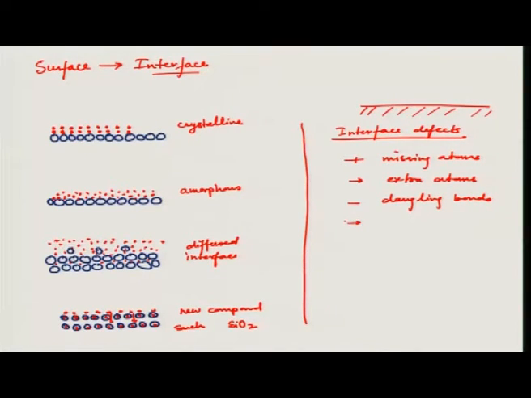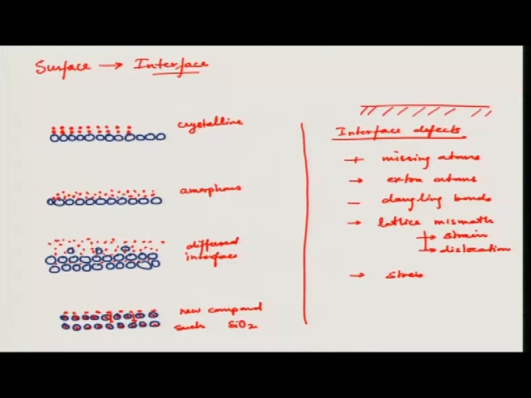You can also have lattice mismatch, which will create different kinds of defects that we discussed when we discussed epitaxial growth. So, lattice mismatch will give rise to either strain in the film or dislocations. Okay. So, these are various types of defects which you can expect at the interface, and you can have processes such that you can eliminate most of these defects such that your thin film is very perfect. Okay. And you might also have stress in thin films.